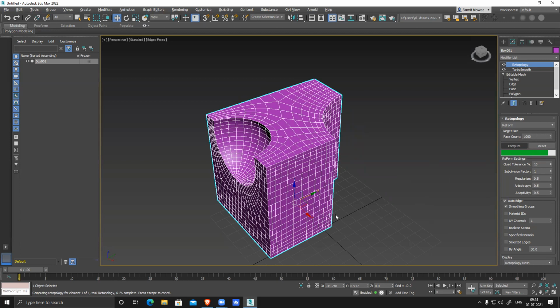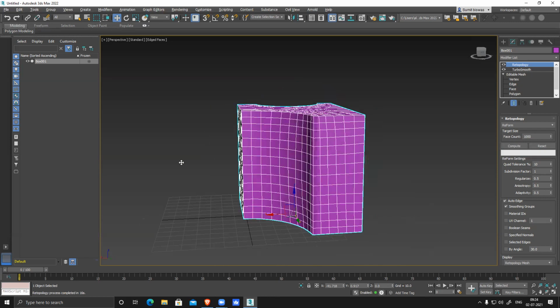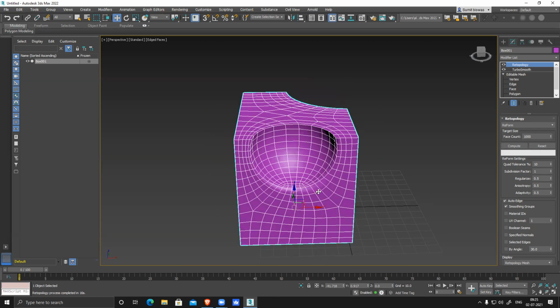So it will create a really nice geometry. Everything is quad, and you have smoothing group also, and it will retain the shape. That's the best part. You can see it's a really clean geometry. Yes, there are a lot of unnecessary cuts, but this is something we can use as a base model for ZBrush very easily without any problem.